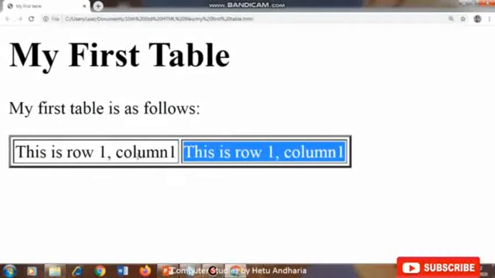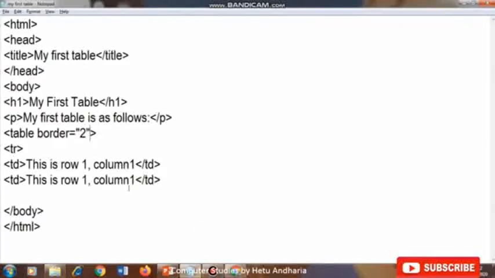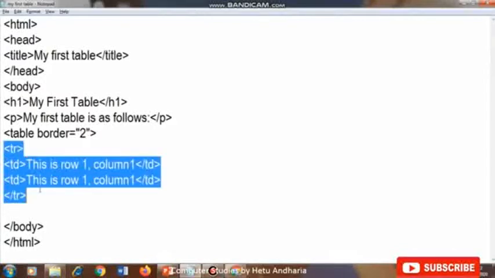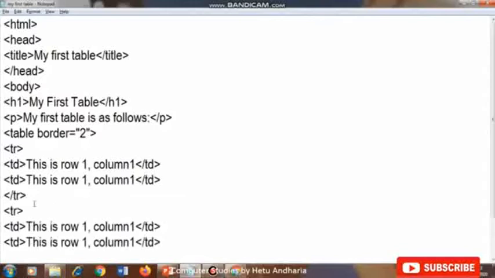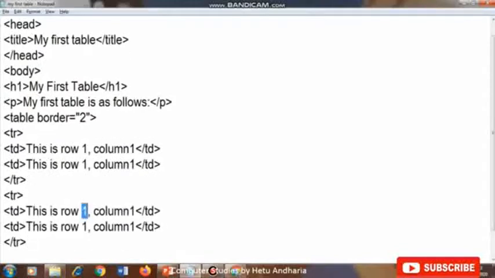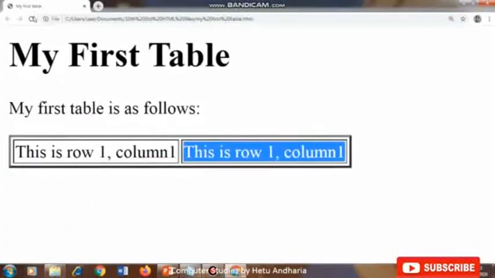Now we will insert another row. How shall we do it? First I will close this row by typing /tr. Then I will copy and paste this here.